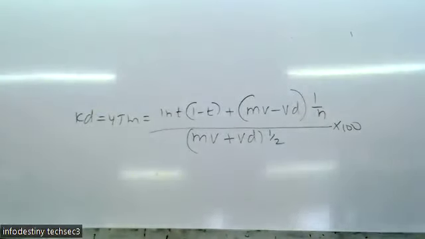So to compute KD or yield to maturity, it is simply equal to interest in the brackets of 1 minus the tax rate, plus in brackets maturity value minus the current value times 1 over n, then also divide by